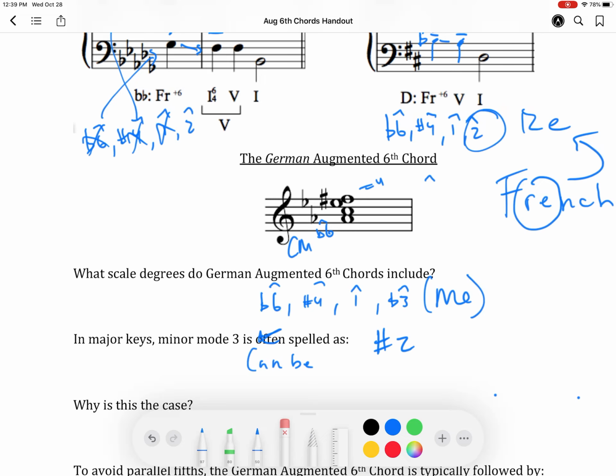So sometimes instead of having the chord that we have above, it is possible for us to see this chord: flat 6, sharp 4, scale degree 1, and sharp 2, or D sharp here. D sharp, E flat, they're the same notes, just a different spelling. The reason for this is, typically speaking,